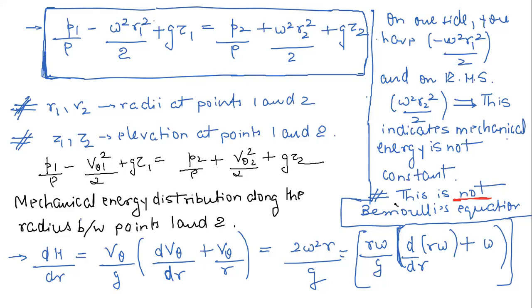I have specifically mentioned this here because many times students get confused. They think, okay, this is also Bernoulli's equation. Bernoulli's equation is valid only for an ideal flow. That means the flow is steady, incompressible, inviscid, and irrotational. Or if you remove the irrotational condition, then it is valid only when we move along